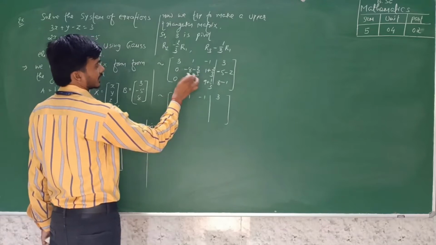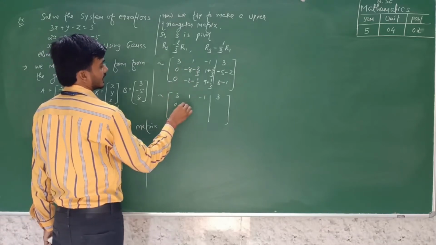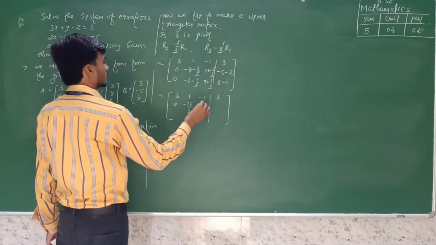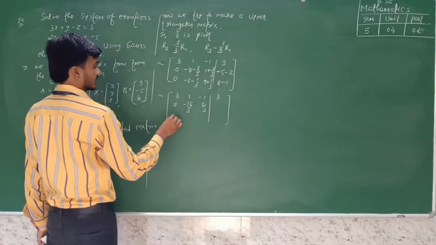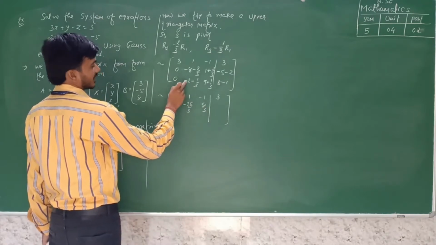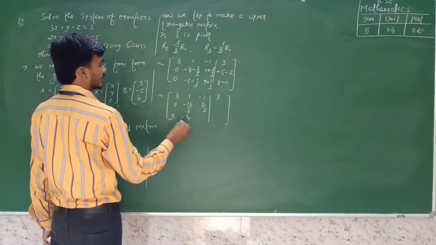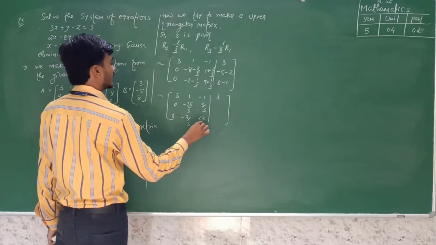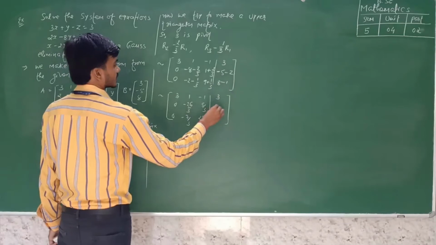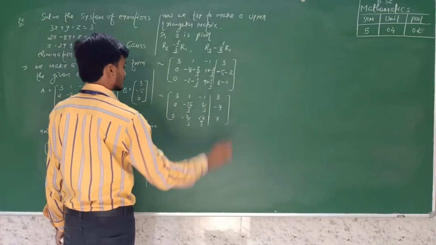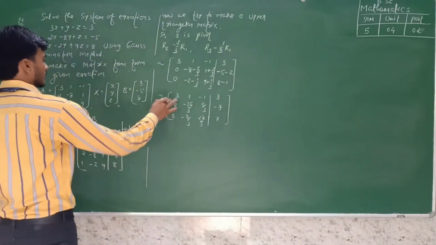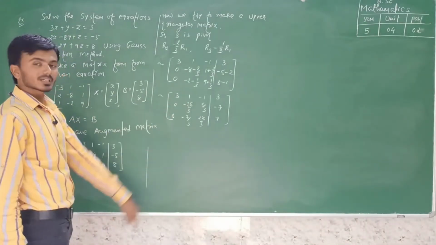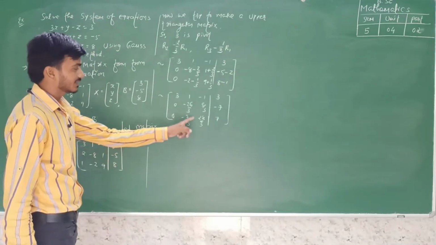So 0, minus LCM, minus 24, minus 26 upon 3. 3 into 1, 3 plus 2, 5 by 3. Here 0, minus 3 to minus 6, minus 7 by 3. 3, 9 into 3, 27 plus 8, 28 by 3. Here minus 7 and 8, minus 1 plus 7. So now these two elements are 0. We can make an upper triangular matrix, so these elements can also be 0.